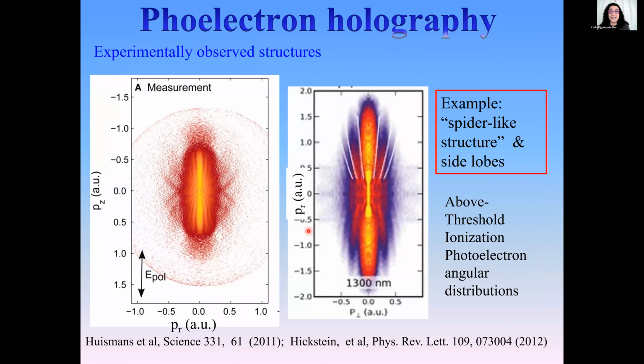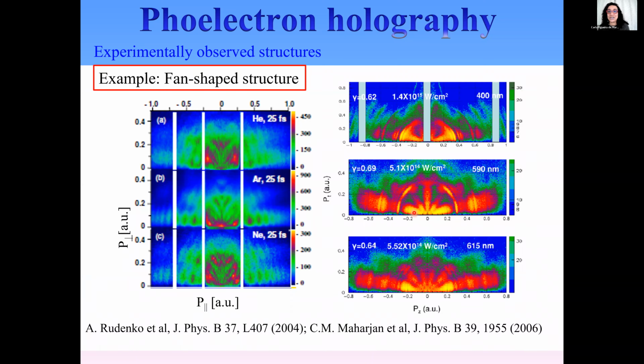And here are some examples of things that people measure in the experiments. For instance, here you can see the spider. These are fringes that occur close to the driving field polarization. This has been computed with the CCSFA, not ours, but by Bauer and co-workers, and you have these huge fringes here. And you have also the fan, which are these fringes that the SFA cannot compute. They have been measured